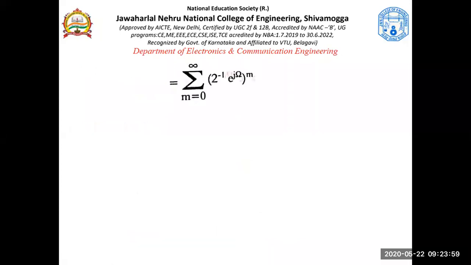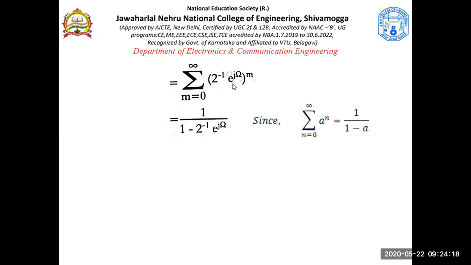So we have clubbed the terms with the common power m. Fine. So this is in the standard form. Why did we write this as 1 by 1 minus a? See, this is a sum from 0 to infinity of a to the power m, and this a is not 1. Obviously it would be less than 1. That's why it's 1 by 1 minus a, the standard form. And how did they do this? Since they have 2 inverse here, take this as 1 by 2, take the LCM, you will get your DTFT to be this.